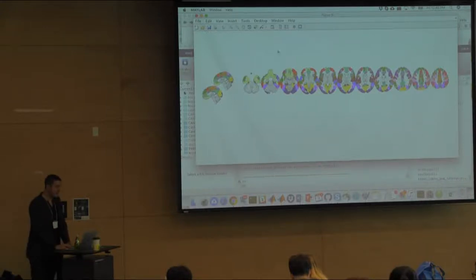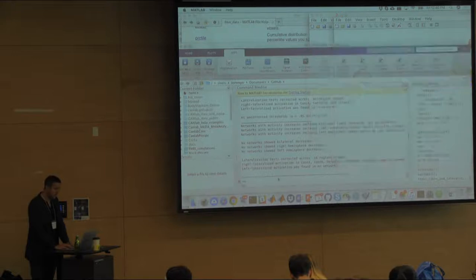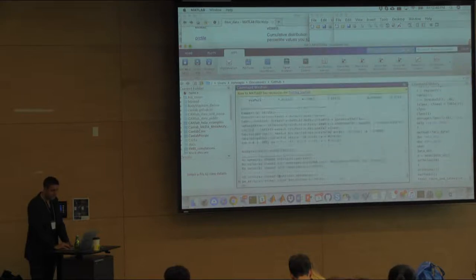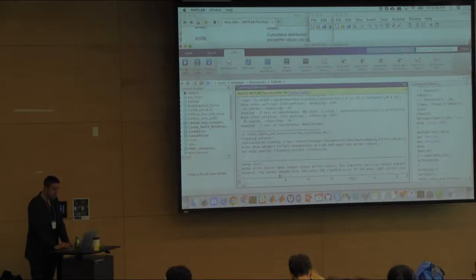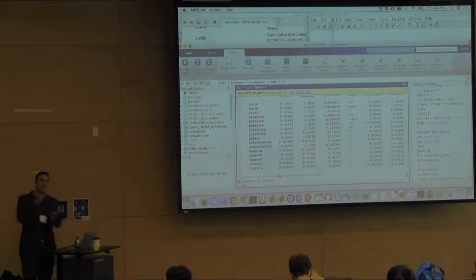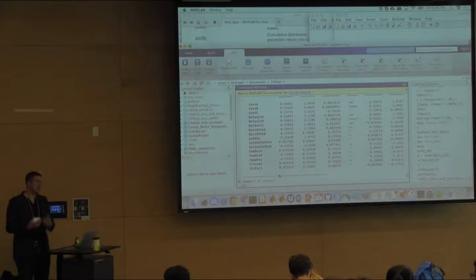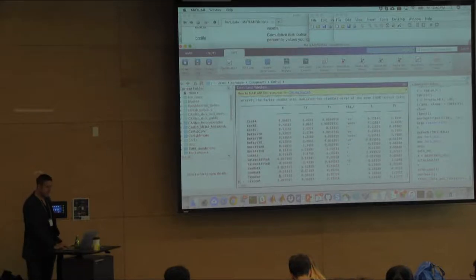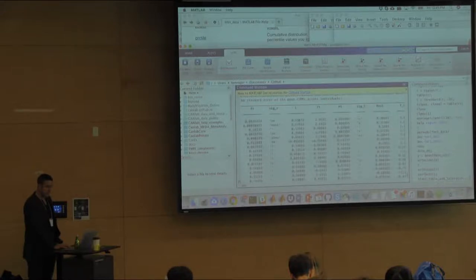So when I run this method on my data set, it does the t-test, but what it does first is it applies that atlas, right? The 17 network atlas, left and right. So those are my units of analysis. And now what it's showing me is the networks, and whether the mean, the t, the p-values, and the significance level for the right-sided activation in control network A, B, C, etc., the left-sided activation,